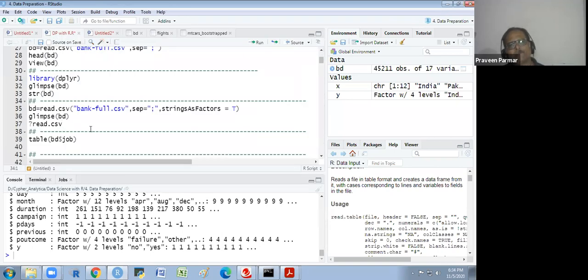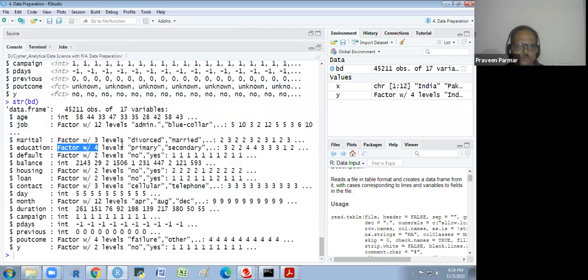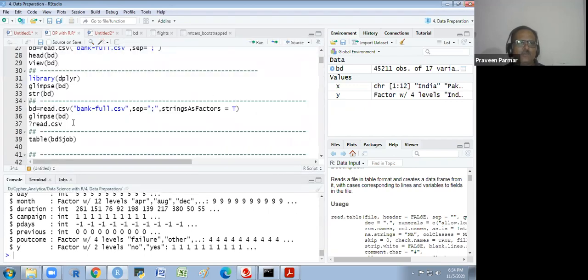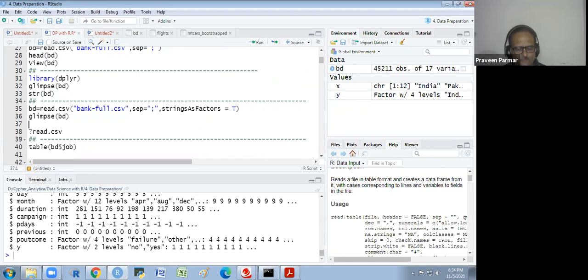One more thing. One more difference I will explain to you. I convert this into numeric. This is the integer age. I convert this into numeric, and then I will show you: BD dollar age as dot numeric.